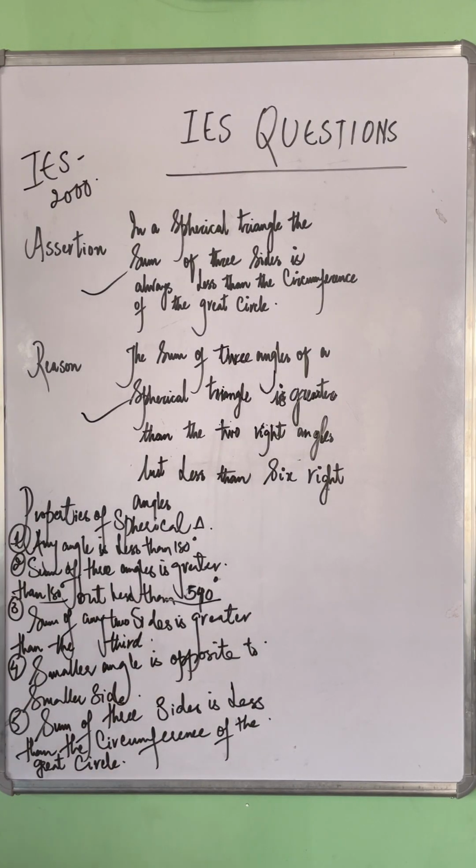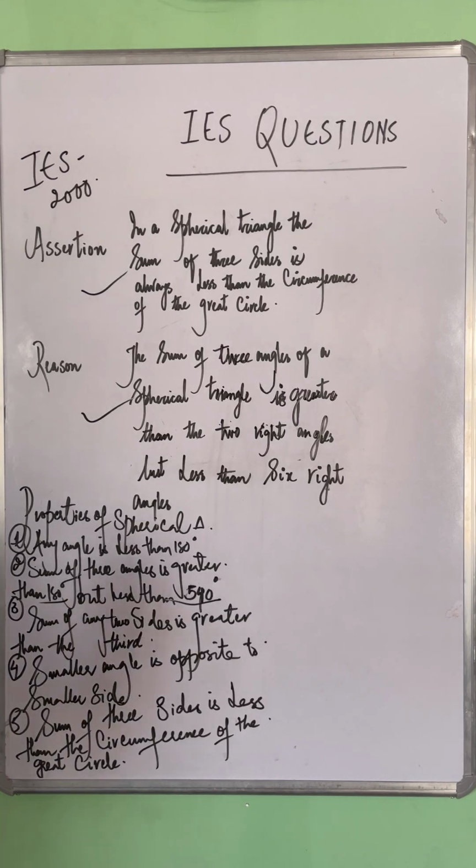So what is the answer? See, if I write A, then both assertion and reason are true, and reason is the correct explanation of A. If I mark it as B, then both assertion and reason are true, but reason is not the correct explanation of assertion. If I mark it as C, then assertion is true but reason is false. And if I mark it as D, then I mean that my assertion is false but my reason is true. Since both my assertion and reason are true, but reason is not the correct explanation of my assertion,